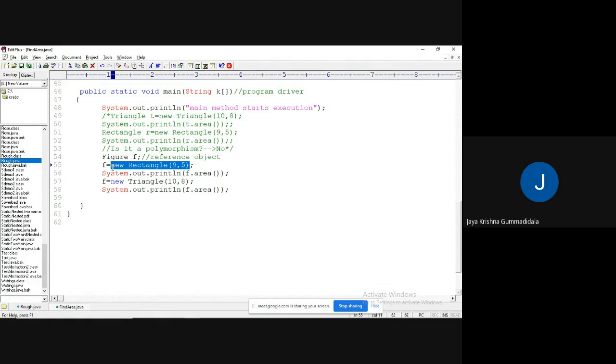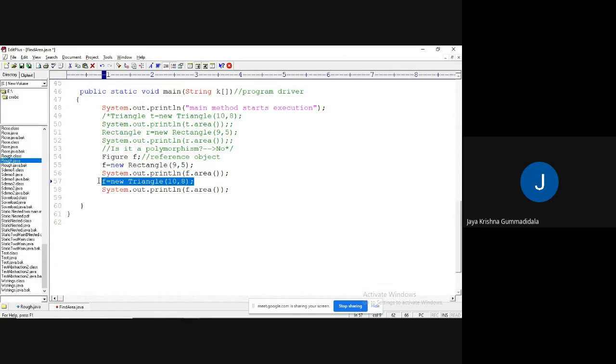The memory is created for this Rectangle class. Once this statement is executed and it leaves this statement, this memory space is deleted. So is memory efficient or not? Yes. So that memory is available in f, and through that it is going to call. Because of this reason, memory is efficient.